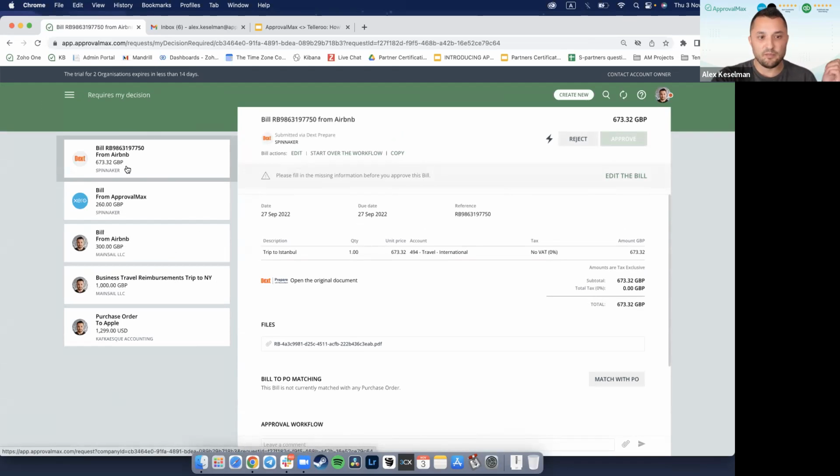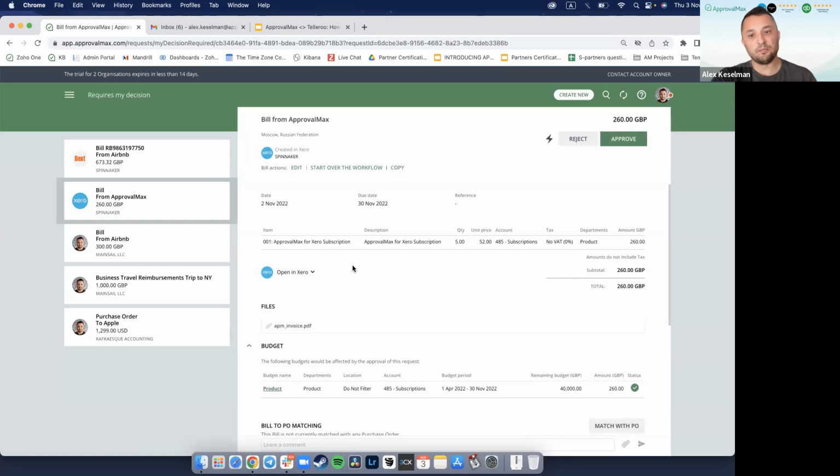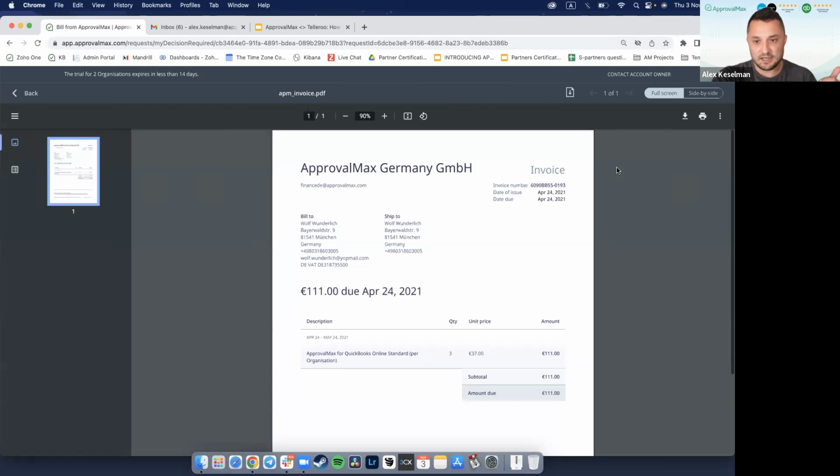So here, for example, I have a bill from Airbnb, which was sent from Dext for Spinnaker company. I have also a bill from Airbnb for Mainsail LLC, and I have a purchase order to Apple for Kafkaesque Accounting. So all of those bills and purchase orders are shown to me within just one place. On the right side of the screen, let me show that to you on this example, I will see the actual bill, which will include all the relevant data, including the line items. If there are any attachments, you'll be able to see those here,